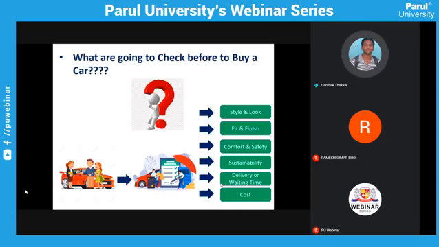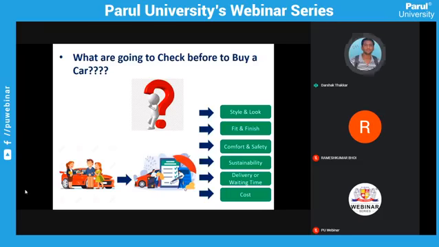Another thing is that you are definitely going to check the delivery time, right? Suppose you want a new car by Diwali and one company is not able to deliver it on Diwali but delivers it in December. Is it okay for you to wait for 2 months? No, definitely no customer will wait for 2 months. He or she will switch to another brand or company, right? So for any company, right time delivery with the lowest cost and the best quality is the most important factor.